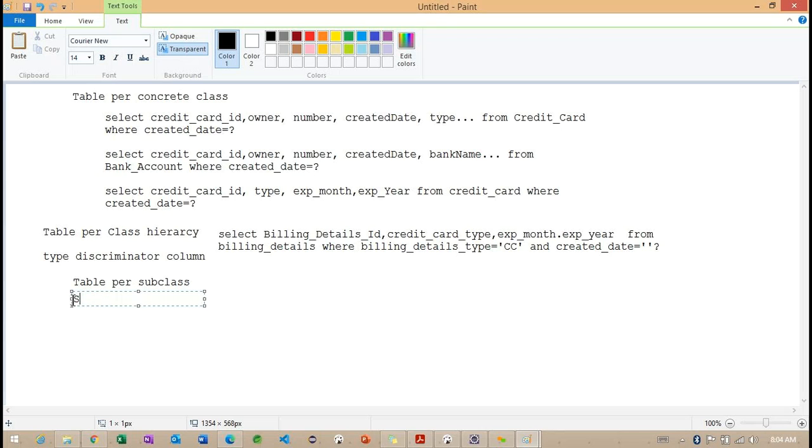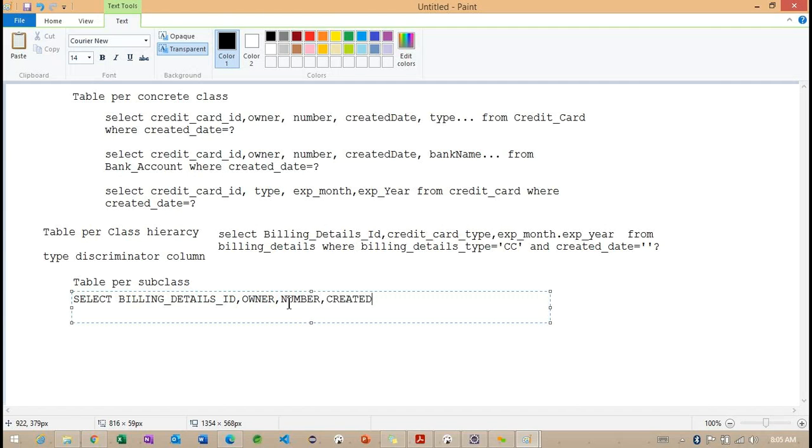Okay. So select here billing details ID. And I want to provide, inside this billing details, owner and number, something, created date.